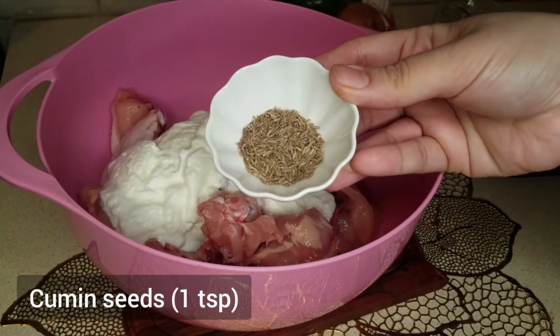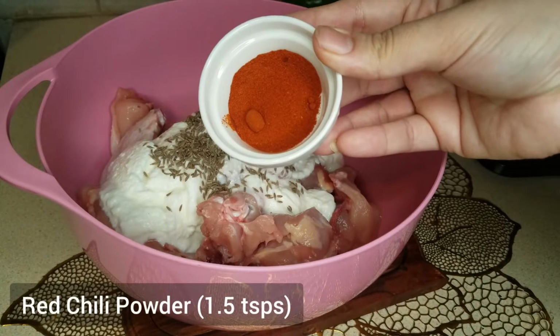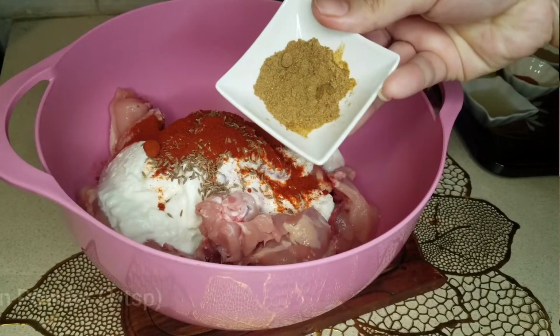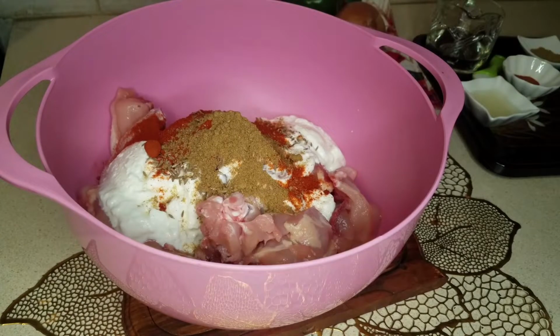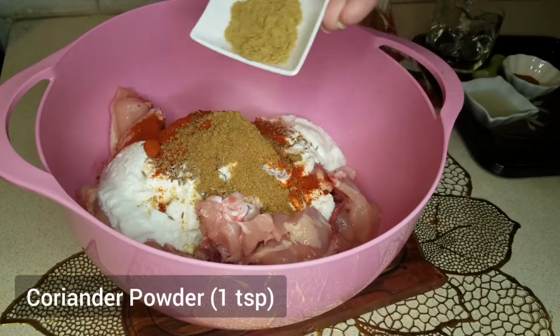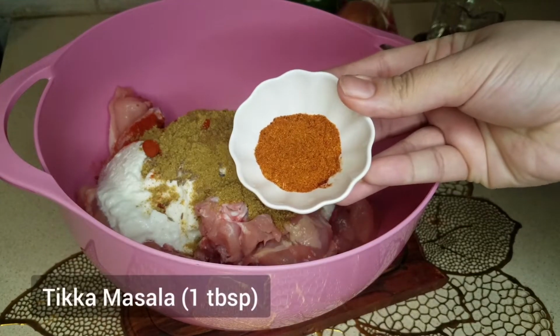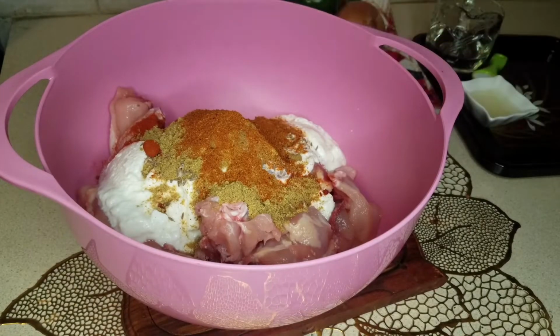one teaspoon of cumin seeds, 1.5 teaspoons of red chili powder, cumin powder 1 teaspoon, coriander powder 1 teaspoon, tikka masala 1 tablespoon, this is completely optional,